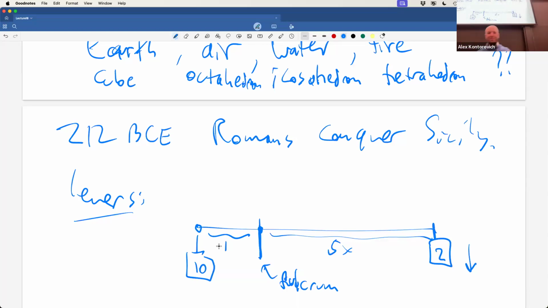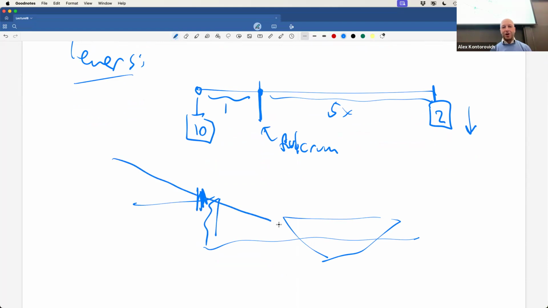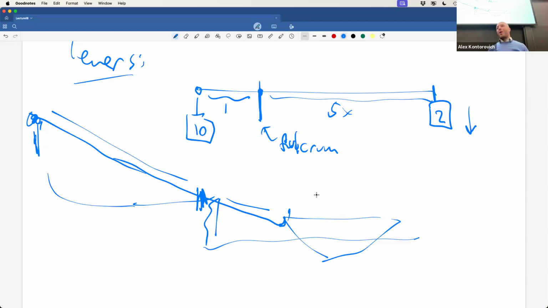But imagine, here's the cliff, and here's the river, and here's a Roman boat. And Archimedes is over here, and he sets up a giant fulcrum, and he sends a hook like this, and maybe this is 1 and this is like 20. Maybe there's a hill over here, and he gets 10 guys to hang on this. And because this is so long relative to that, it literally lifts this boat out of the air, and all the sailors fall into the water. This probably didn't happen, but there are so many stories about what he did to them.